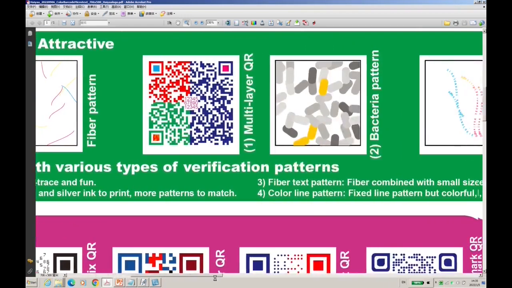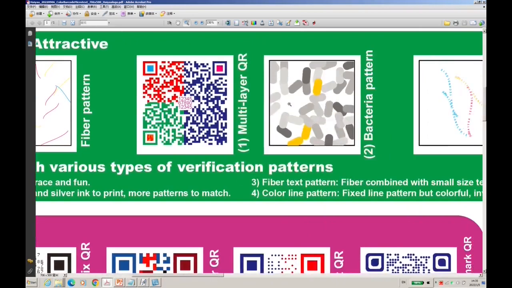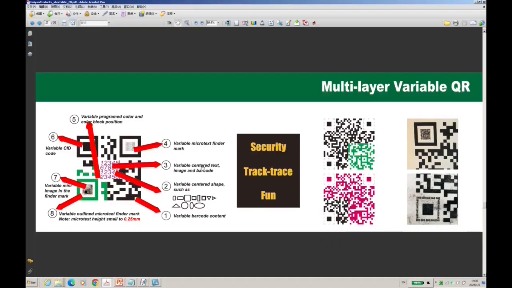Here we also take an example of this solution. The idea is the same, but we put more special things inside this QR code, so we call it multi-layer QR. What's the multi-layer QR? That means in this QR code, we combine several technologies inside it. I'll give you an example. For example, the QR code itself, the content is variable. The second is the centered part, the centered window. The type can be variable, different types. And the third is we can put some